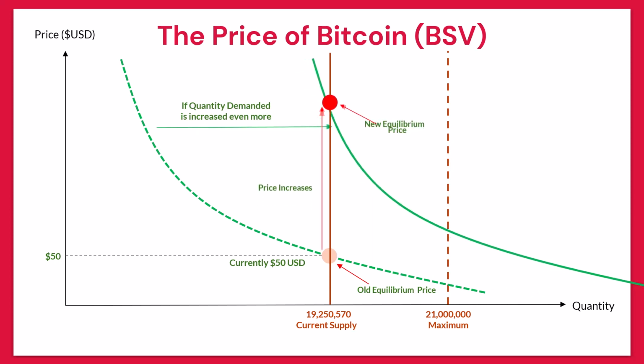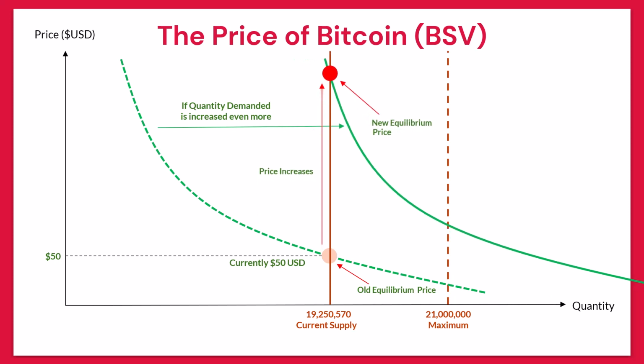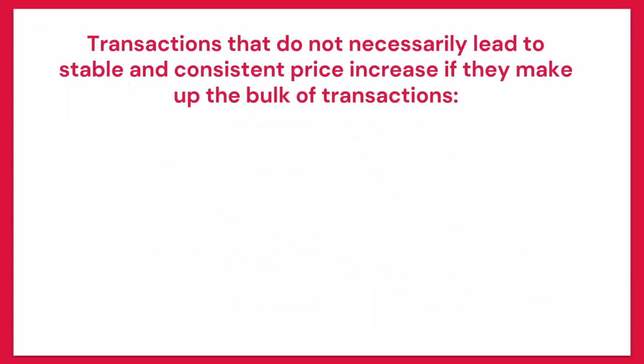And the more people using Bitcoin every day, the more the demand curve shifts to the right and the equilibrium price shifts even higher. For Bitcoin BSV to maintain a steady sustained price increase, demand for it must increase steadily and consistently. Currently,